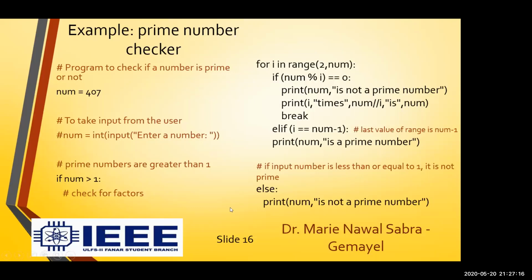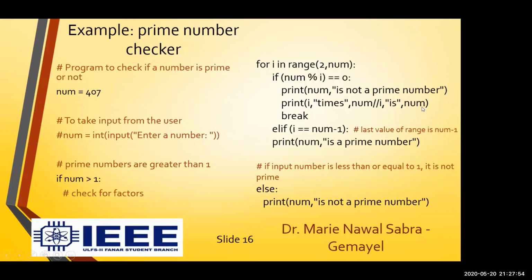If number is not, else, it's directly going to print on the screen variable: this number is not a prime number, because 0 and 1 are not prime numbers. So for I in range between 2 and the number, if the number divided, this is the remainder, is equal to 0. So if I divide number by I and the remainder is equal to 0, I say this number is not a prime number. And then I have another text, I times number double divide by I to give the value